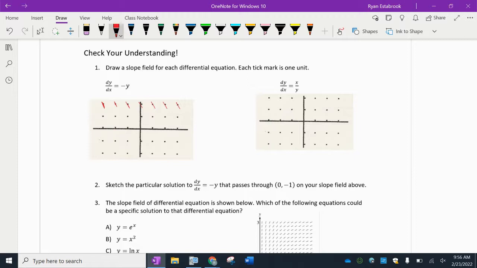So this is the way that our differential equation is defined. So at this point, the derivative is going to be: take the y value and make it the opposite. So the opposite of that is negative 1. So again, down 1 over 1 means